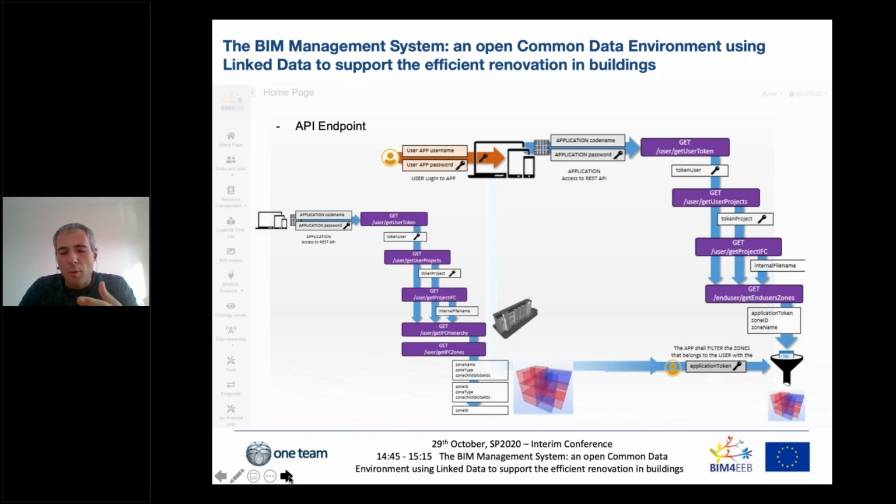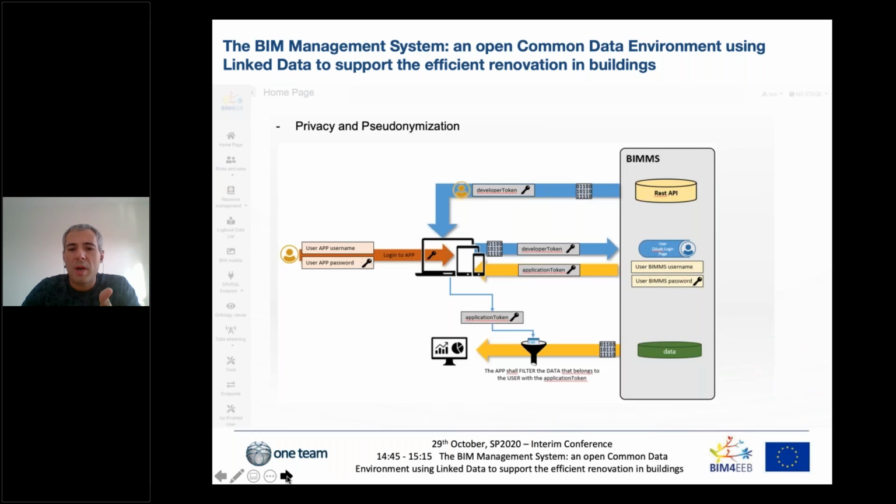It's about how the API endpoint can be used, which is one important thing: how a developer and a tool can retrieve, for example, the data from the apartments, and how this data can be associated with a particular user, and so on. More effort is dedicated to developing this tool, taking into account that the data is mostly personal data, because our data comes from the inhabitants, and we take so much care about how to anonymize